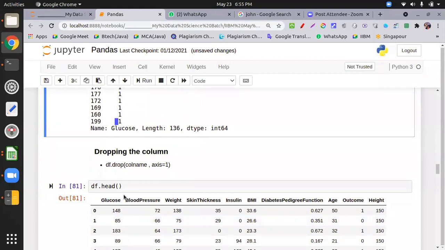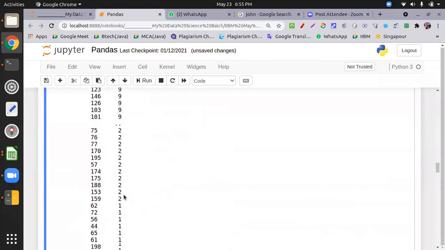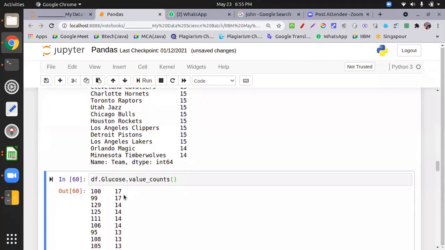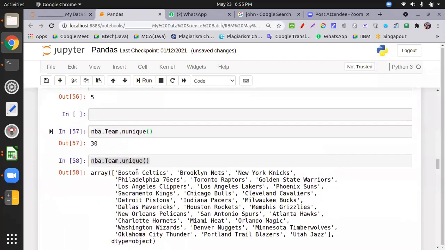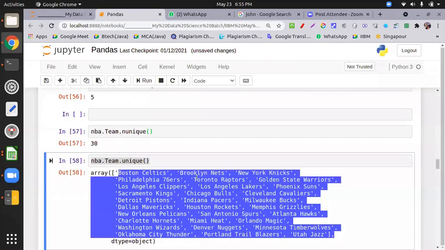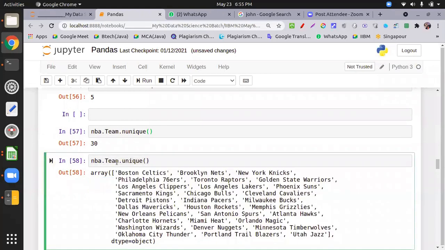All right. Now dropping the column. If you want to drop the column, yes, please. Can you please explain that unique function? The unique function is used to show the non-duplicate values in a column one time. If you are aware of SQL, there we put one keyword, distinct.